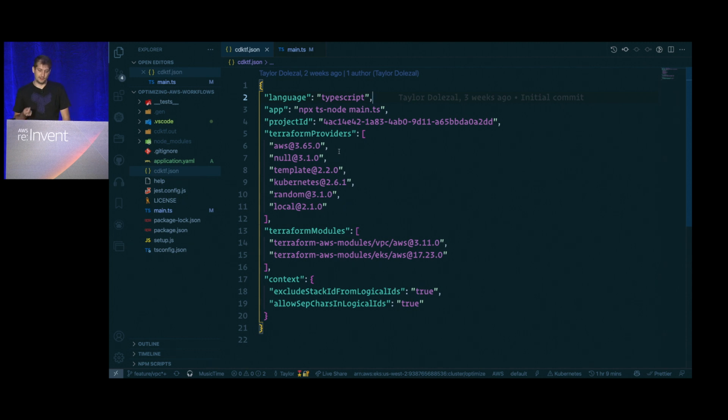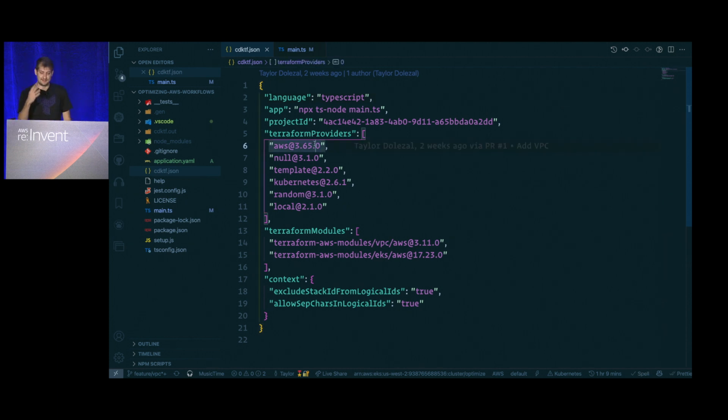As we go about declaring providers, I like pinning as specific as possible, because everybody's definition of breaking changes differs. It shouldn't, but the truth is it does. So if you specify all the way down to the bug fix version, you should be pretty safe. You at least have that repeatability and that knowledge that what I stood up is what other people are going to stand up. So that's why these specific tags here.